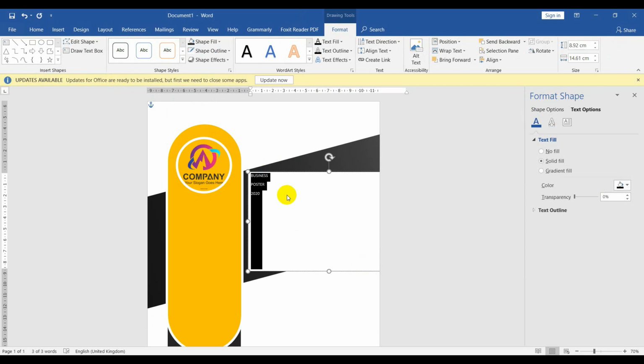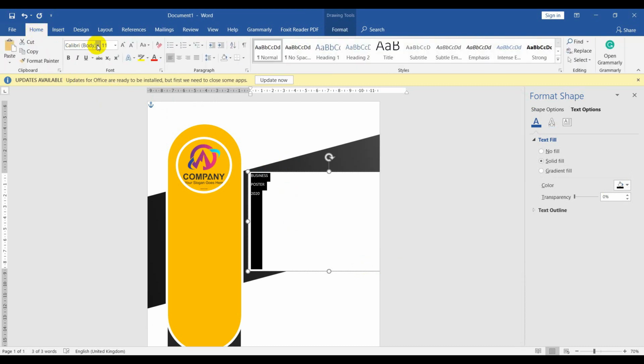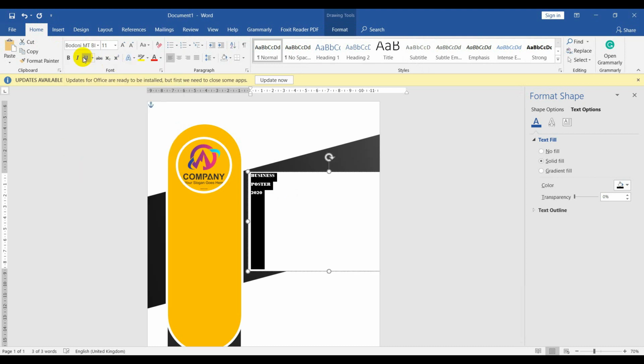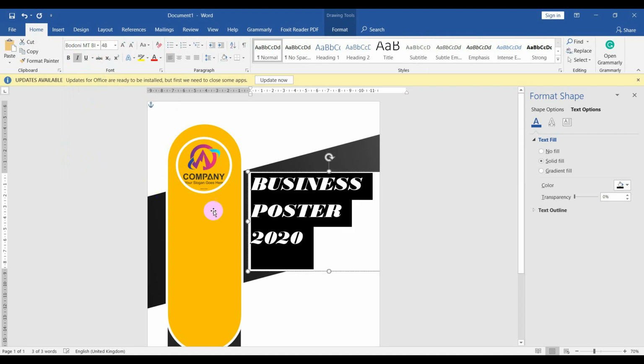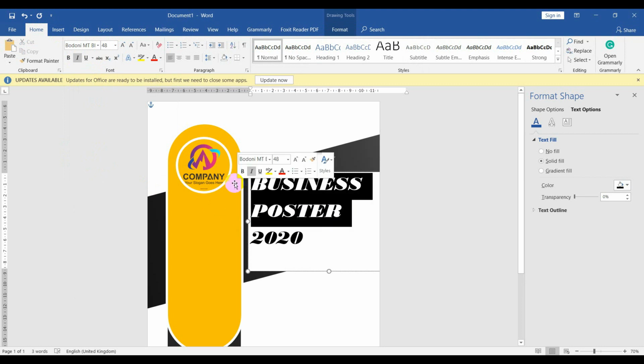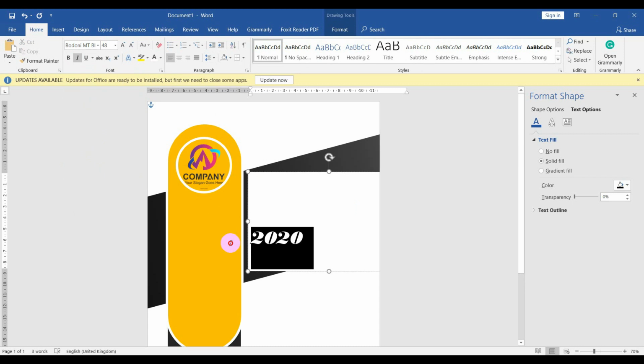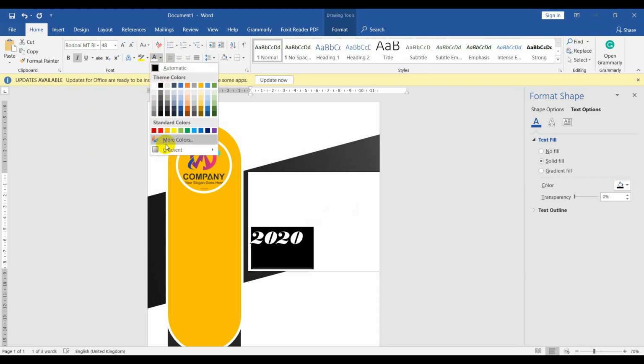Select the text, go to home and choose font. Here I am using font called Bodoni Empty Black and make it italic and increase font size to 48. Okay, now select this part and set color as white, and this part I'm choosing this one.